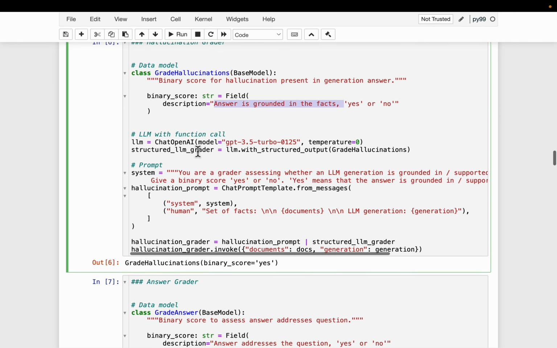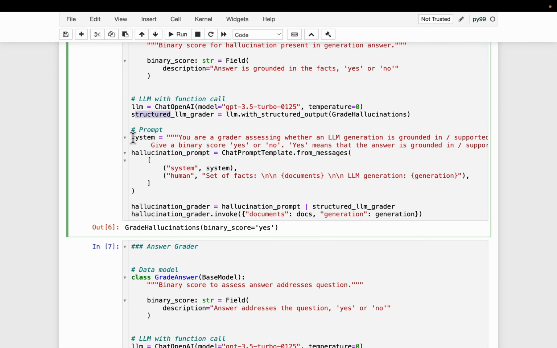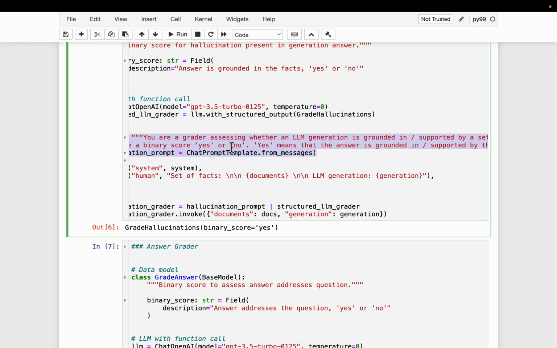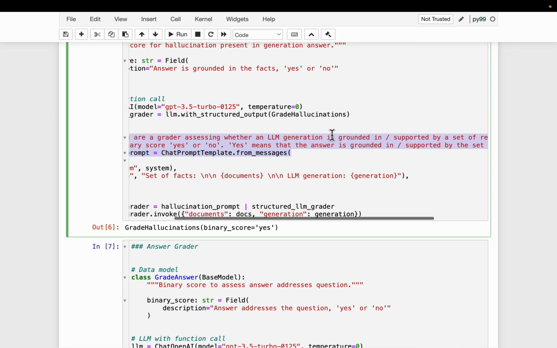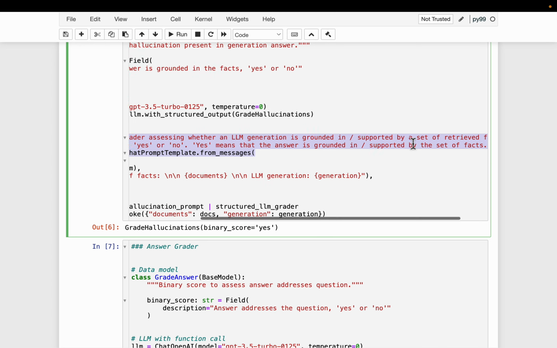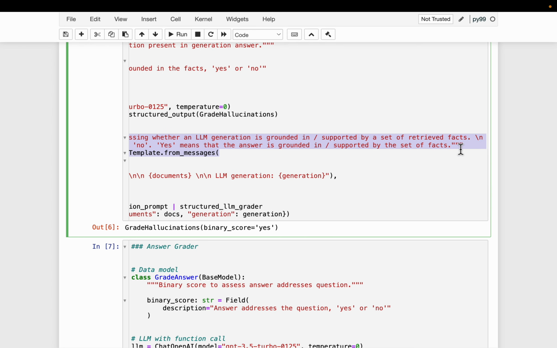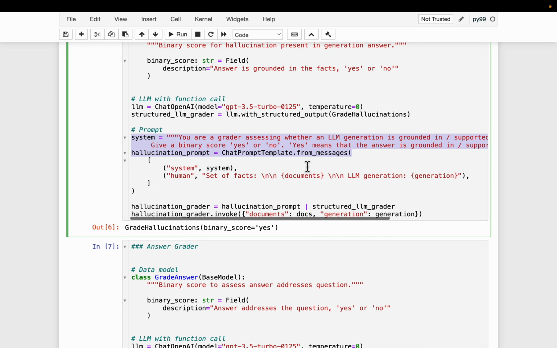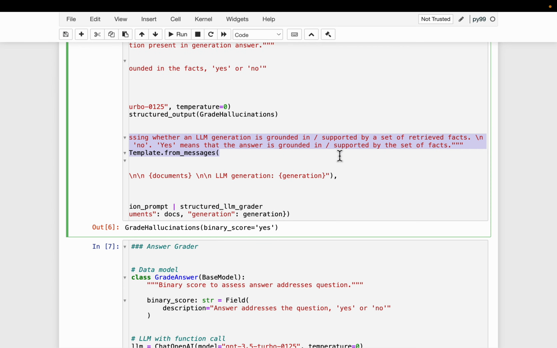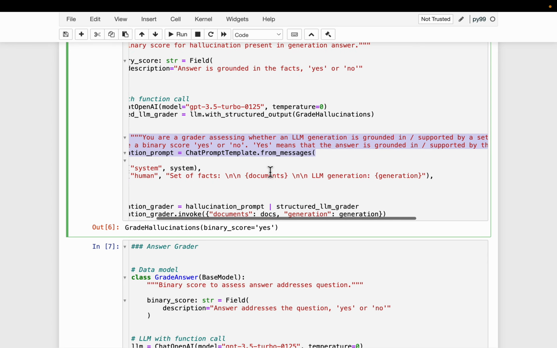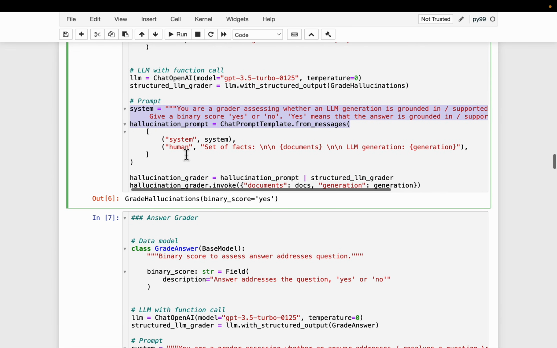Again, the brain, the important part, is this. Here we are saying you are a grader assessing whether an LLM generation, which is the answer, is grounded in or supported by a set of retrieved facts or provided context. Give a binary score of yes or no. Yes means that the answer is grounded in or supported by the facts.